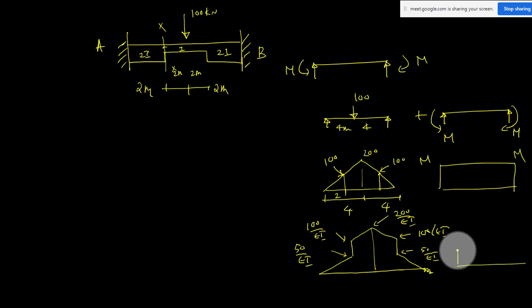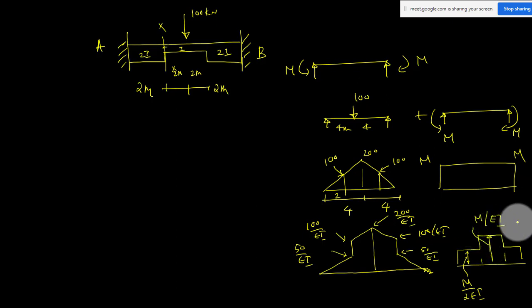So when you come to this beam with uniform M, it will take this shape, same concept, it is going to take this kind of shape. This is the center, this value will be M by 2 EI, and this value will be M by EI. Again this is M by 2 EI, M by 2 EI. So now you have the M by EI diagram, the free moment diagram for the external load, and the M by EI diagram for this beam with fixed end moment.